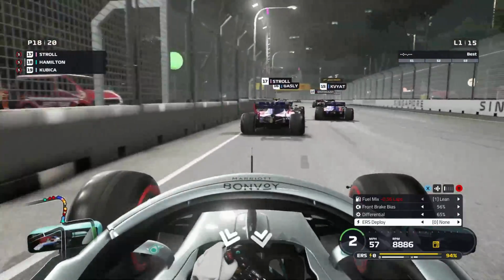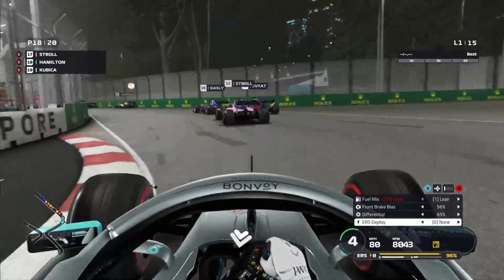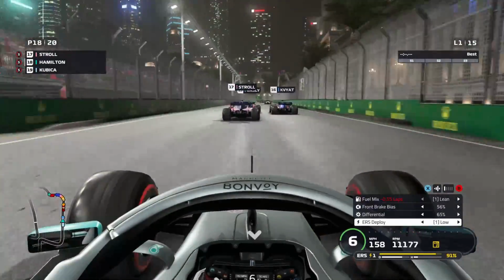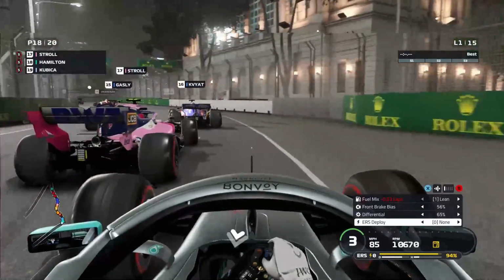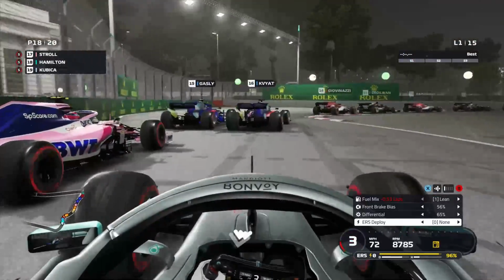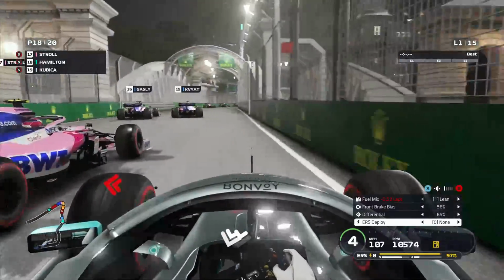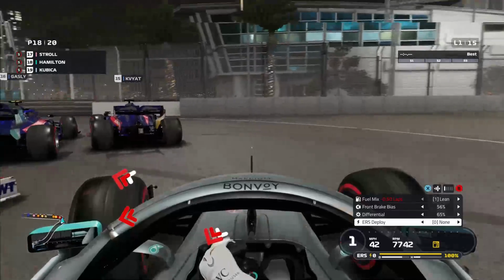here, try not to make hardly any contact as much as possible, and just trying to get into a good rhythm here. But the AI are very, very quick in a straight line, sometimes a little bit overpowered on the traction, so we're going to have to really tiptoe to get past, because remember, damage is turned on as well. So we're going to try and go around the outside of Stroll. Hopefully he's not going to squeeze me into the wall, so we're going to go the long way round, electing